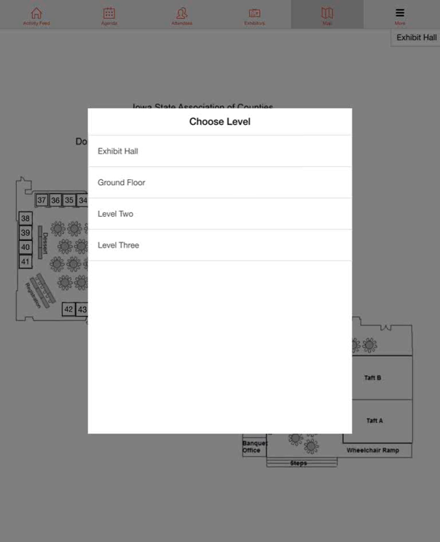The survey tab, right now, the only survey we have on there is the post-conference survey, which we will ask you to fill out at some point during the conference, or if you want to go in there at any time and fill it out, that's fine too. It'll be open for a few weeks after the conference. We really do take your feedback seriously, so any information that you can provide is extremely helpful.